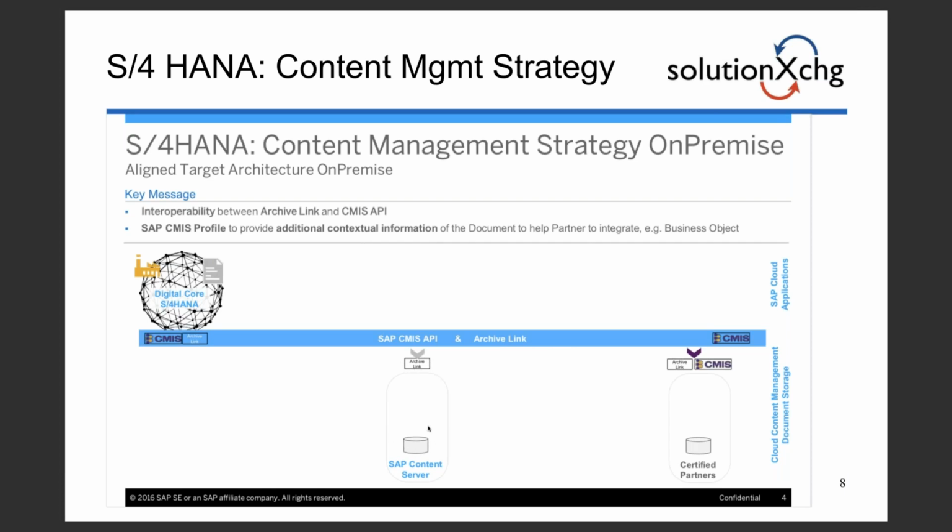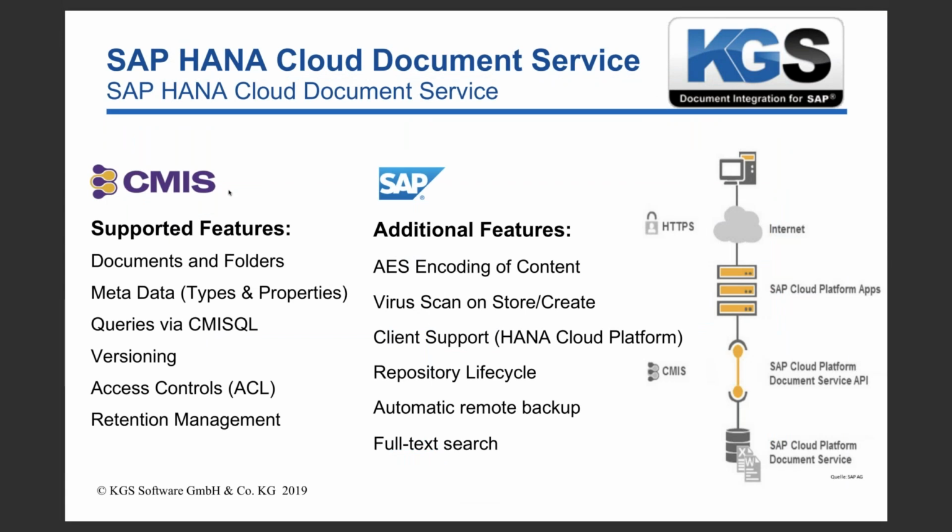Here again, the SAP Content Server in place as a placeholder for any SAP Archive Link standardized archive. Here, the KGS archive, for example, that we use in our presentations, and we particularly promote, would be connected to the same interface. Or certified partners, which could be SAP Archive Link certified or CMIS, and actually, to be more correct, KGS would be here right now Archive Link certified, Archive Link conform as an SAP certified partner, together with OpenText and other applications. Now, KGS partially does and also will